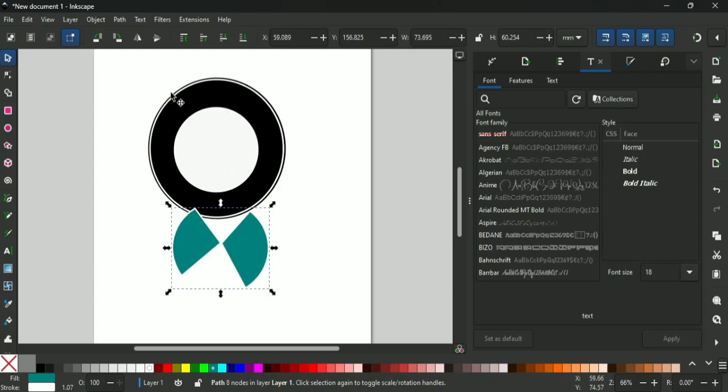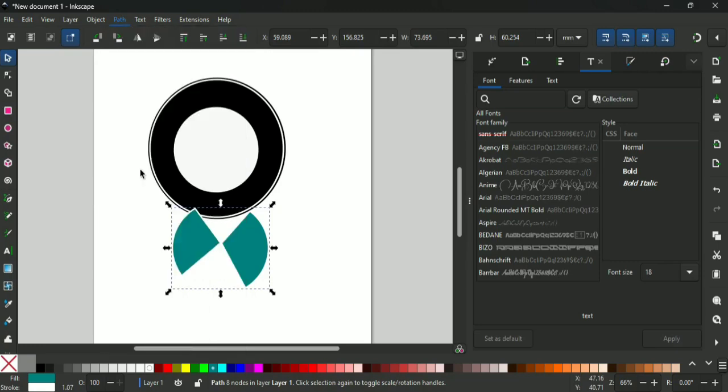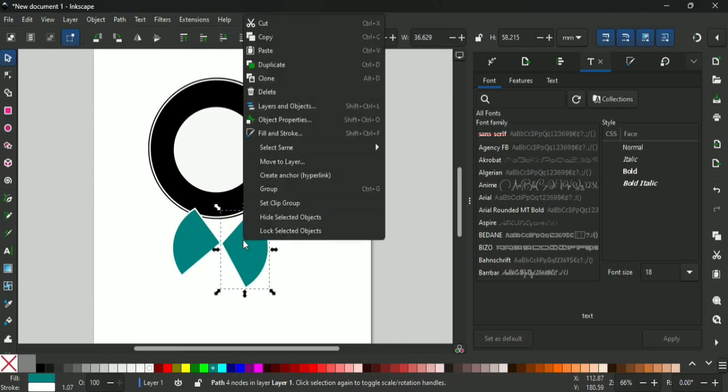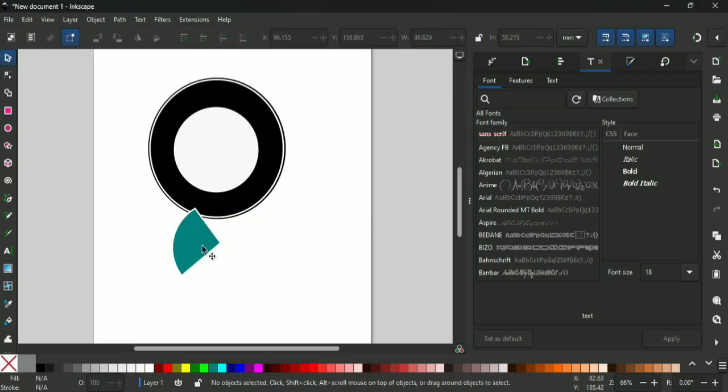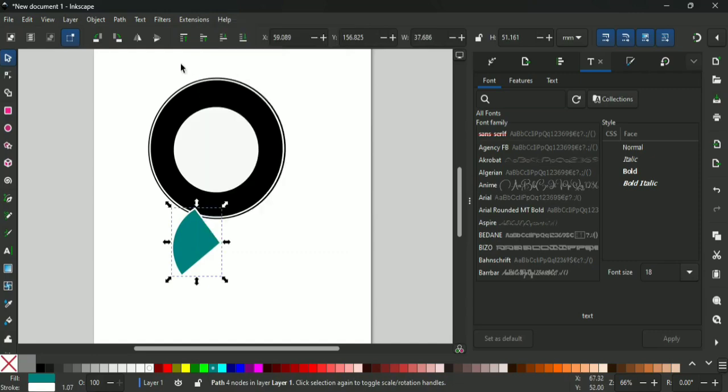So what I'm going to do is come here where it says Path, then come here where it says Break Apart. Once I press it, it's going to cut them into two. So you get rid of this other one, so we are just left with one. Then we duplicate that, and once we duplicate it, we flip it over. We have to fit it in with the other one, so they kind of mathematically match with the other one. So I know it's not going to be perfect, but